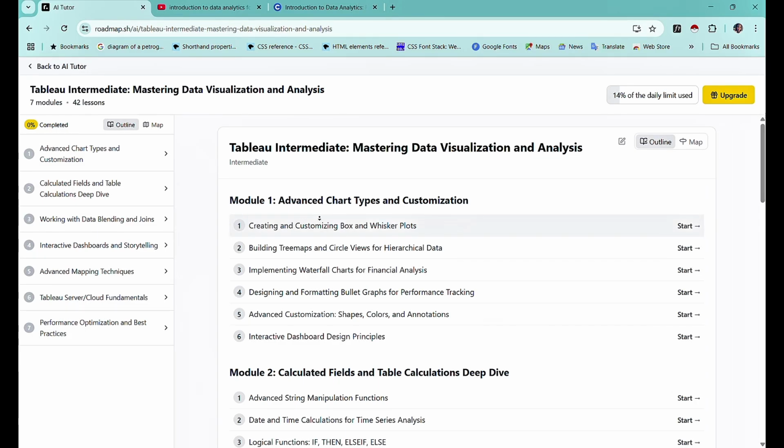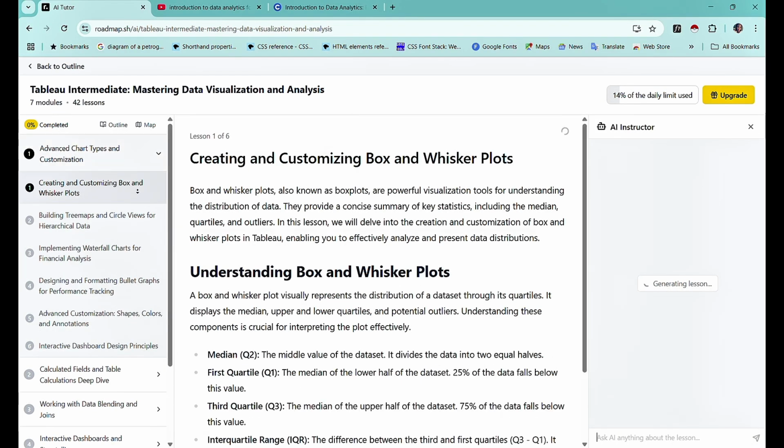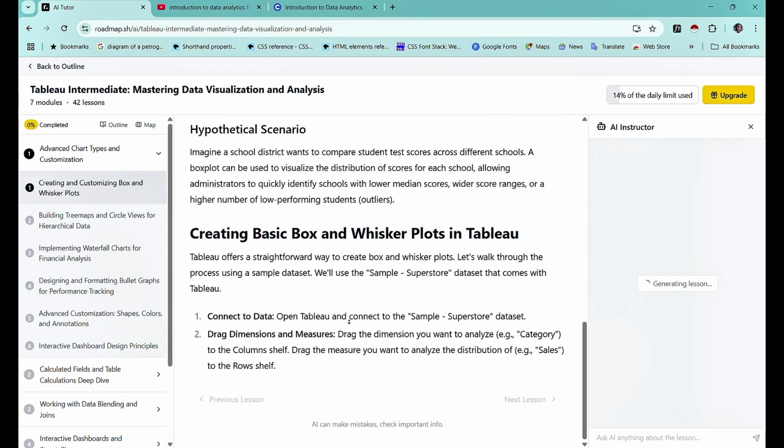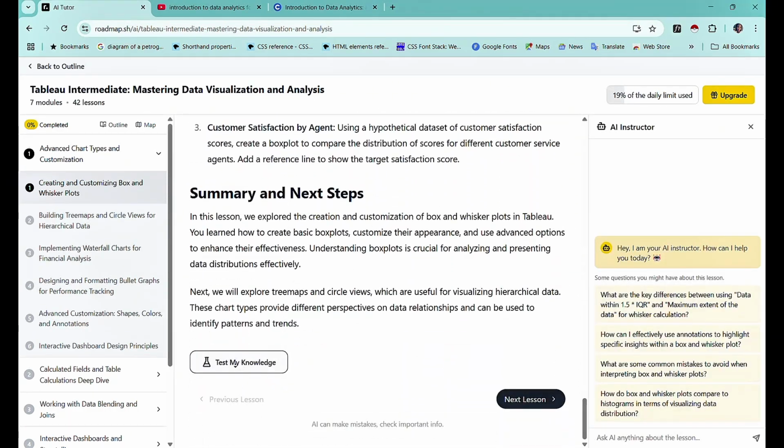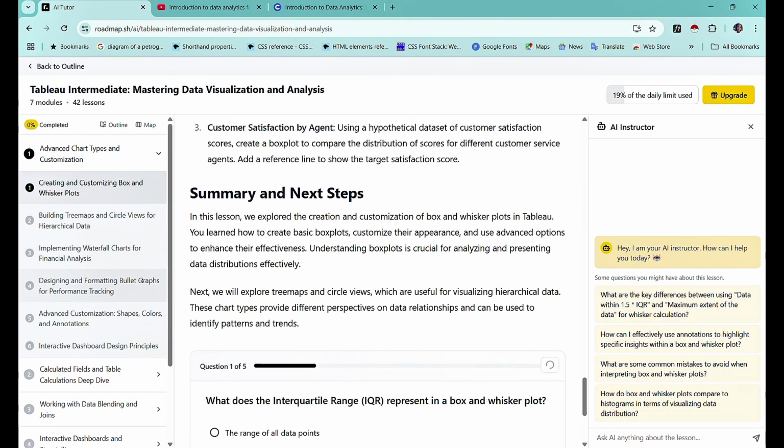Then it generates some information about Tableau for you here. So just scrolling all the way down, it also has a part where you can test your knowledge. It's really nice. I know this is the paid version, so you would need to upgrade to be able to use this anytime you like.